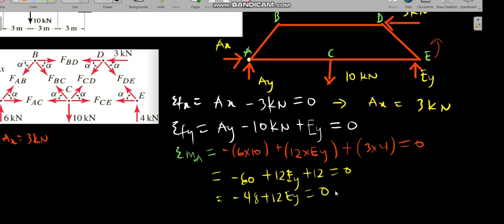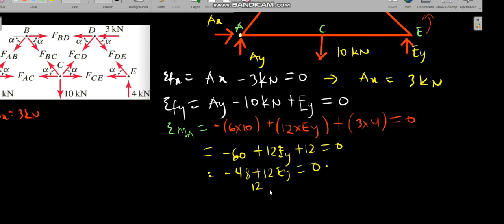So I'll take the minus 48 to the right hand side. So I get 12 Ey equal to 48. I can then divide both sides by 12. So let's see what I'll get at the end. At the end, I'll get Ey to be equal to